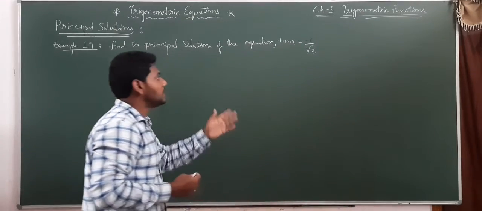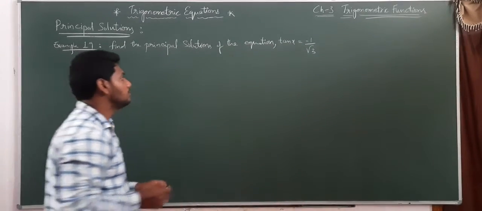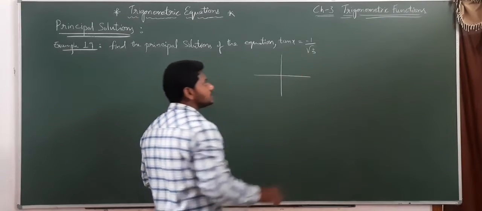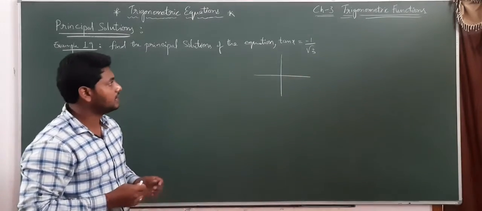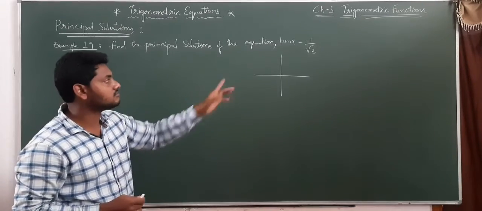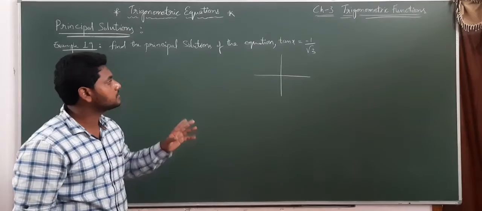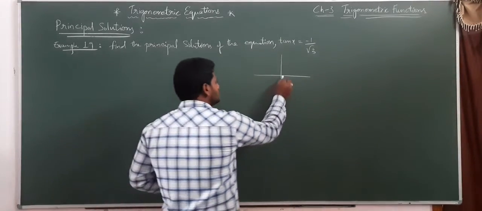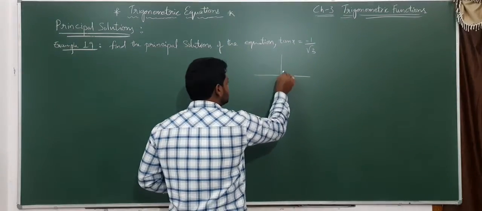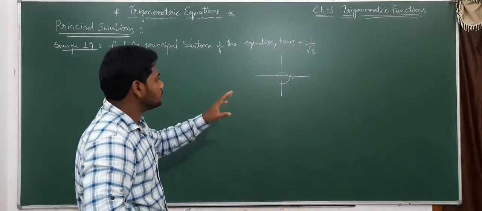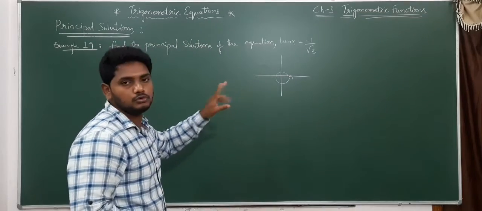See, if tan x equal to minus 1 by root 3, first of all, we need to observe whether the given value is negative or positive. Here the tan function is given negative, right? Minus 1 by root 3. So first we need to observe in which two quadrants tan is negative. Why? Because this is coordinate geometry, this is in between 0 to 2 pi, nothing but 0 to 2 pi. So in principal solutions only we will get two solutions.